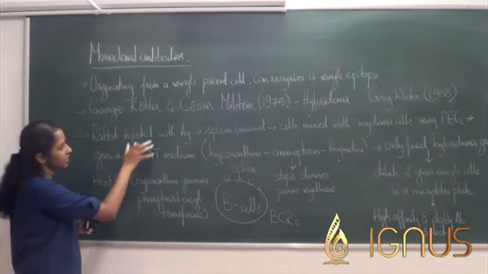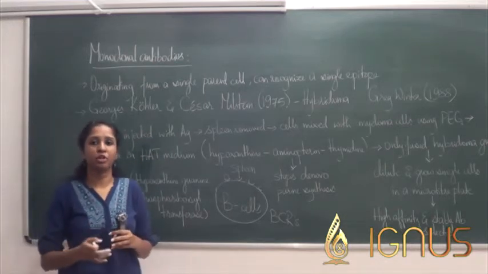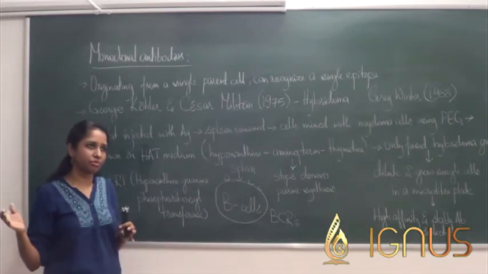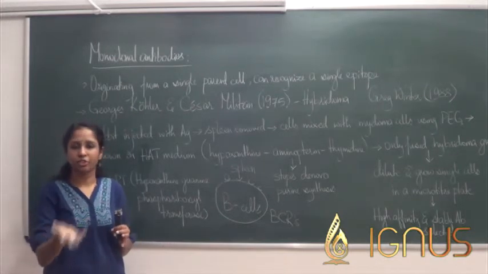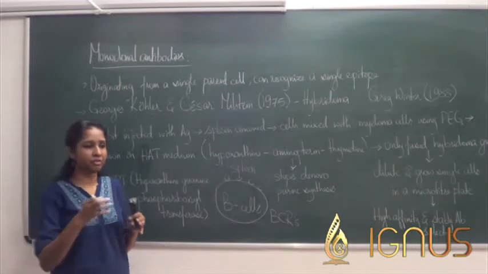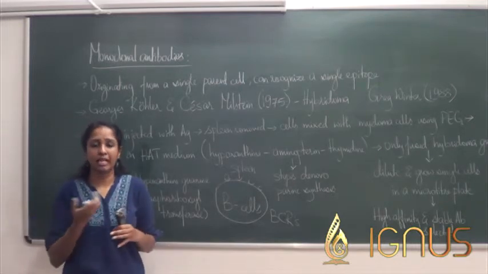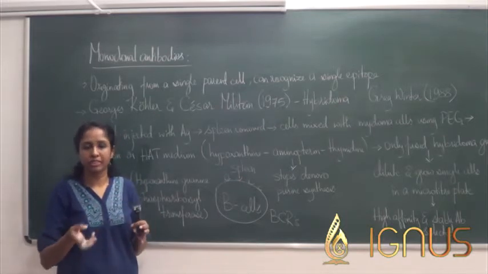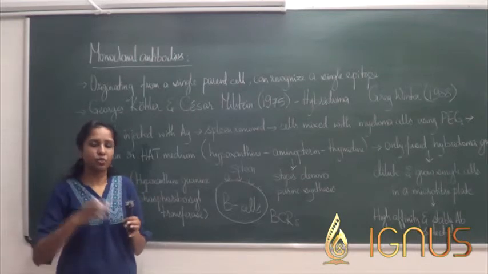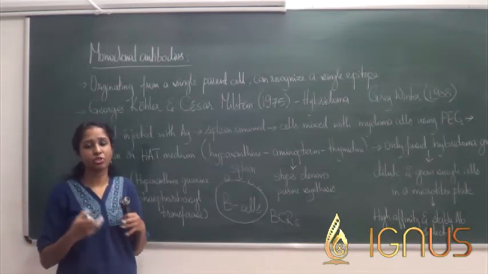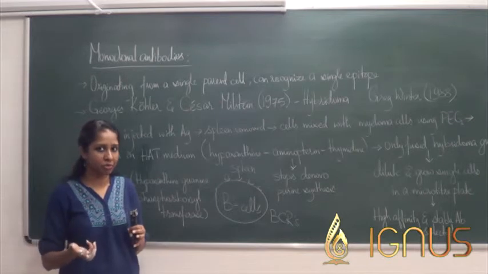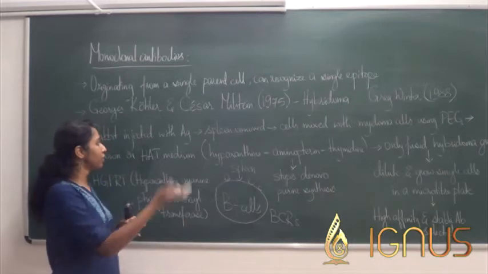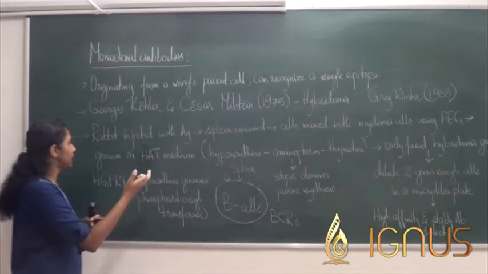So a rabbit is injected with an antigen for which you want to create an antibody. Let's say there is a specific antigen, for example an antigen originating from pollen grains. If a person is allergic to pollen grains, it means there is a specific antigen within the pollen grain that is causing the allergy, and you want to create an antibody against it so that the person does not have an allergy anymore. So you take the allergen, the one that contains the antigen, and inject it into